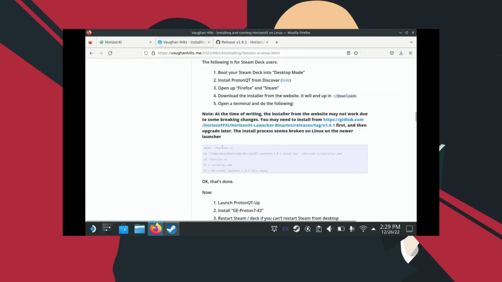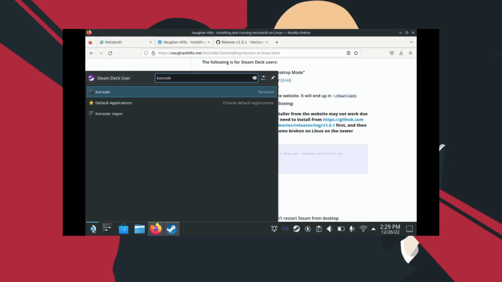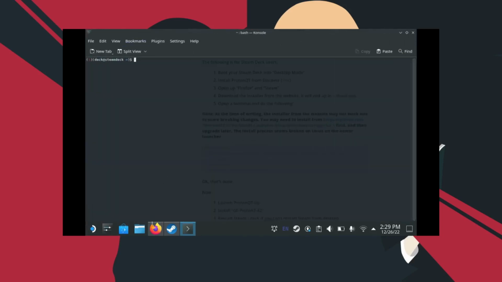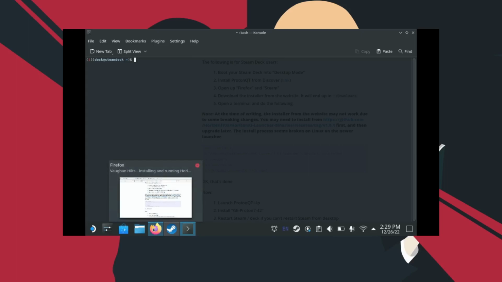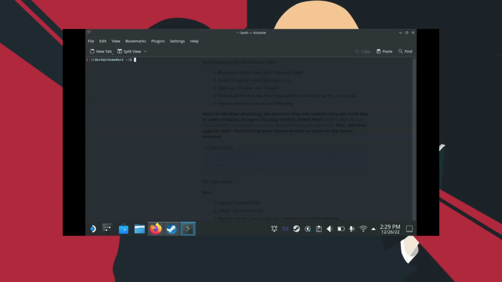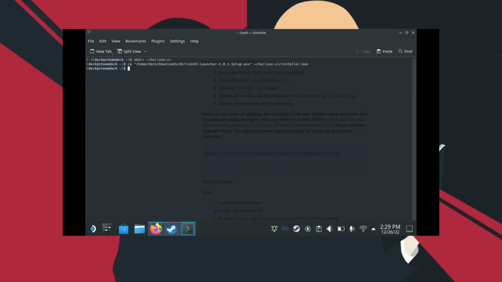And then we're going to run these commands. We're going to do these one by one. To do that, we're going to go to the Steam Deck launcher and open up the console here. It looks like I've resized my console to something that's literally unusable, so I've double-clicked the title bar there to expand it. We're just going to run these commands one by one. So we're going to make that directory. We're going to copy this, cd into this directory,